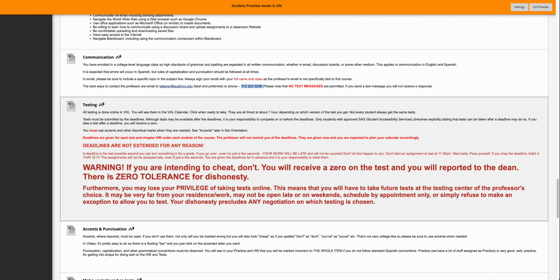Warning, don't cheat. You can read through here, but basically, if you cheat, I'm going to report you to the dean. You'll probably not pass the class. One of the things that the college has started doing is that, yeah, I'm well aware. Some of you will try to cheat and then boom, you'll withdraw. They can reinstate you, and I've seen this happen where the college will reinstate you in the class to give you an F. I know. So you've withdrawn because you cheated, and they put you back in that course and give you an F. And then that F stays there. Don't cheat. Don't cheat. I can help you.